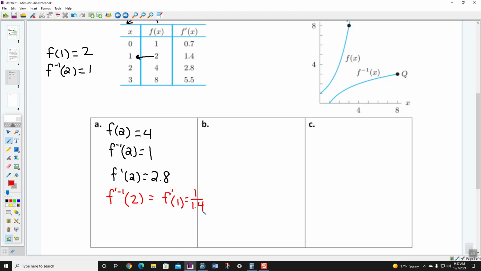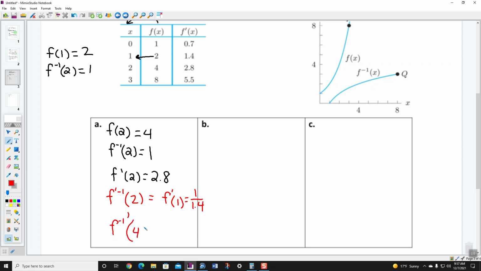Let's see how good you are. Oh boy. I'll try this right here. I don't know, you guys. Should we try this one? f inverse prime